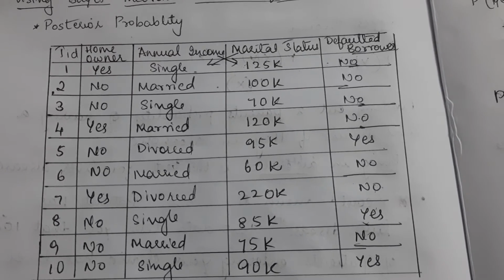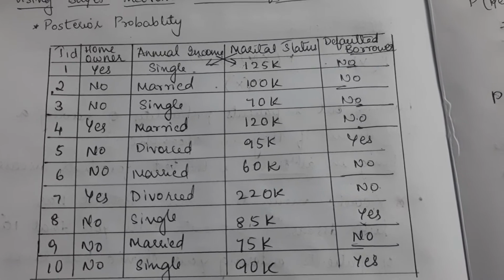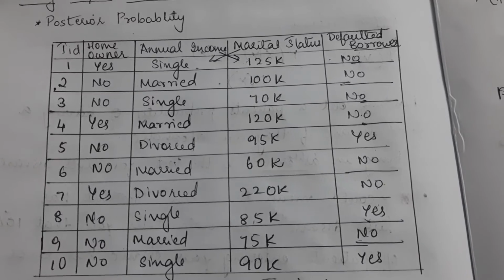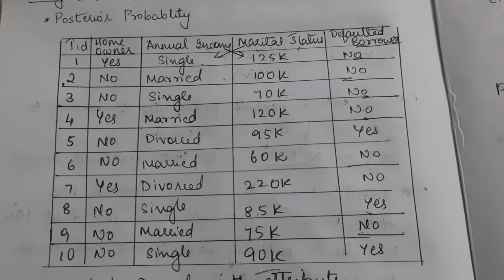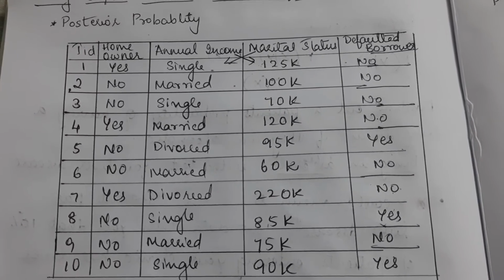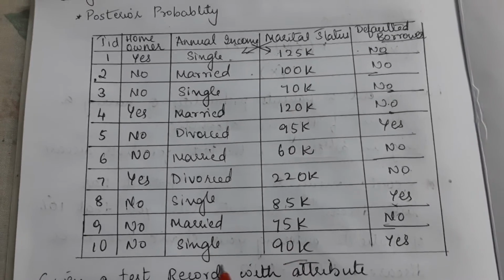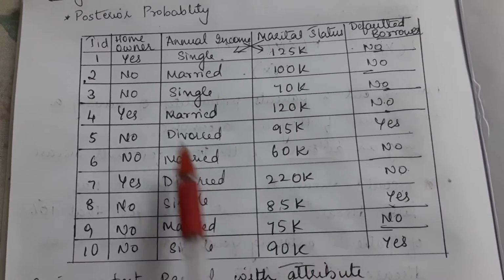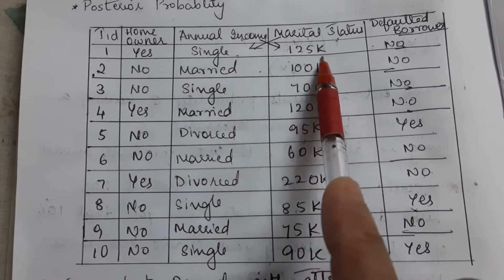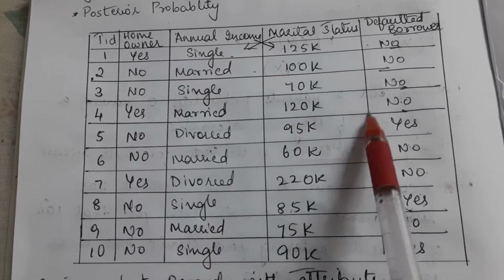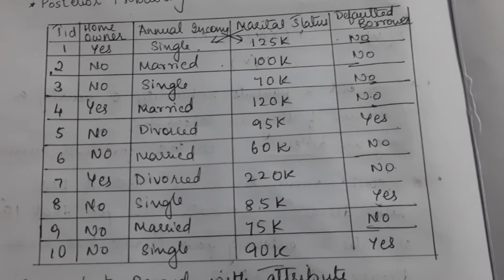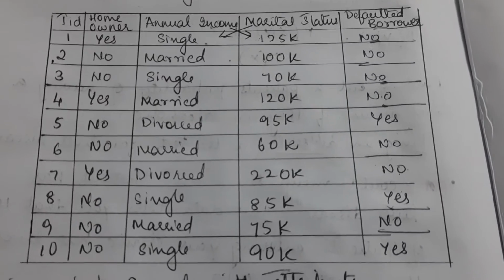Based on an evidence, I am taking the evidence into account. I am determining the probability of a random event. That is what we call posterior probability. So here we are going to determine what is the posterior probability to classify an event. And here this is the data set. You can see 10 data sets are given to you. Homeowner is there. I've just interchanged the two things. The data is interchanged. This is the annual income and this is the marital status. Then whether he is a defaulted borrower. Defaulted borrower means if I take a loan, will I repay the loan on time or will I default that loan?